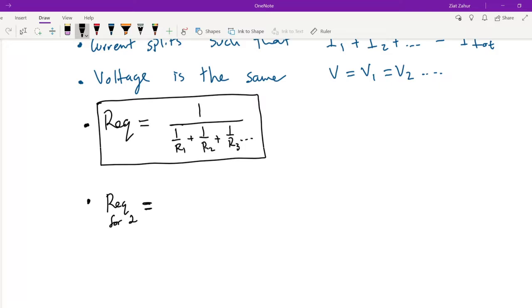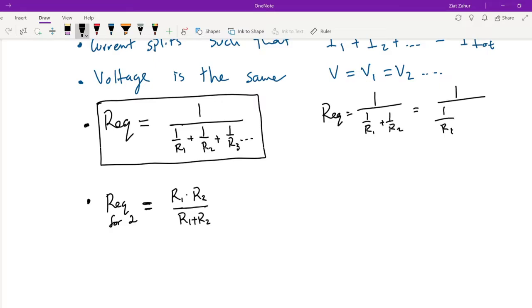And you can derive this if you want, just by finding common denominators. Essentially, it's product over sum. R1 times R2 over R1 plus R2. And I can go ahead and derive this using the general formula. If I had 2 resistors, it would be 1 over R1 plus 1 over R2, which is the same as 1 over